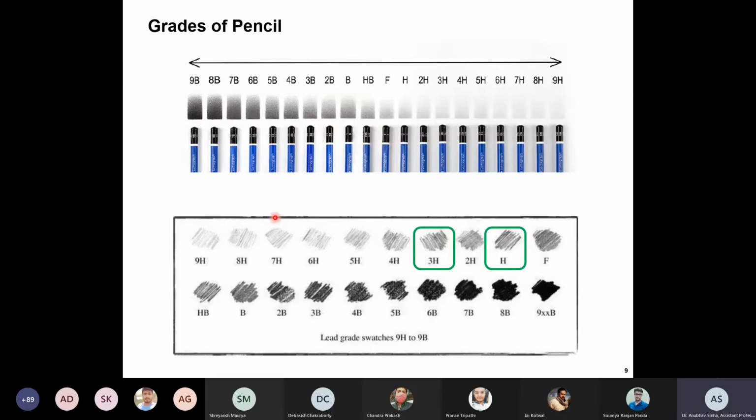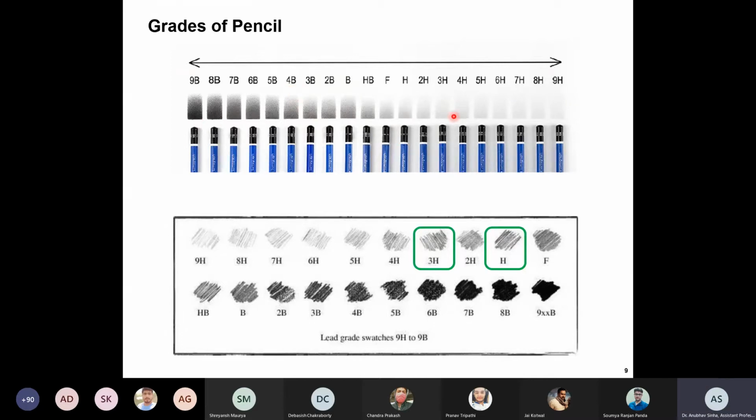Now something important. Generally you people have used the HB pencil so far. This is the most commonly used type of pencil, but there are different grades of pencil, whether you want to make it very dark or light. For drawing class, for this type of purpose, we use 3H or H. Generally we will not use HB except when you are doing some freehand drawing. HB is not preferred. We use harder pencils, H and 3H. Different grades, different names denote how hard the pencil is.